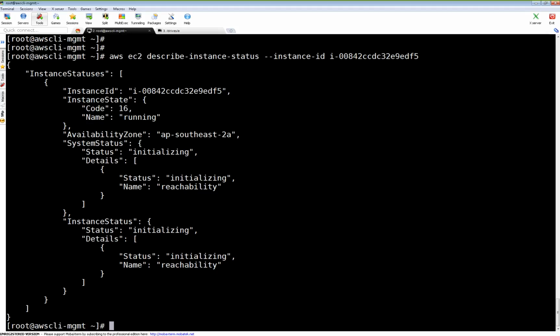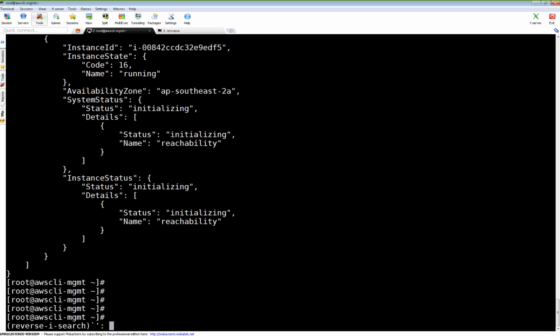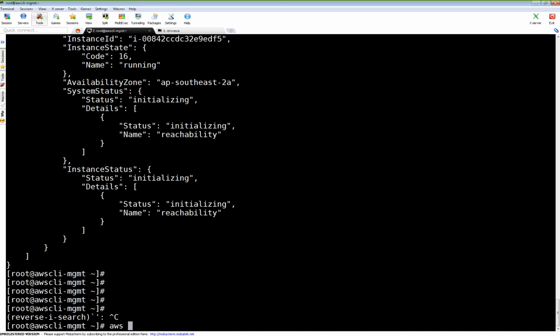I have already downloaded keys for the instance which I created yesterday. So I'm going to use same SSH keys. But before that, I need to know what is the public IP of my instance. So let's check what is the public IP. To check public IP, again, AWS EC2 describe